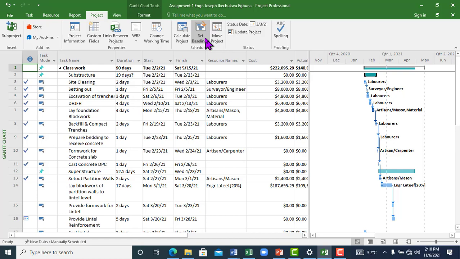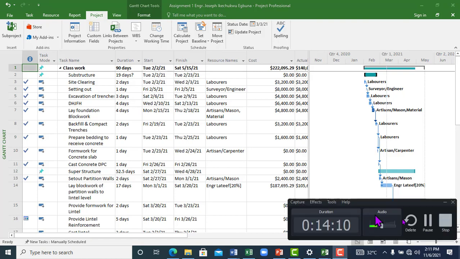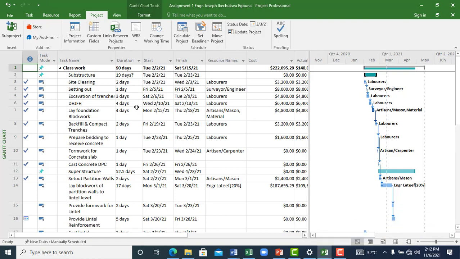There might be additional activities, there might be additional costs. So when you have made changes, you save again. So at the end or intermittently during that project, you might want to compare notes. Okay, so we want to look at how to set a baseline. Like I said, you can compare multiple baselines to see how your project has changed over a